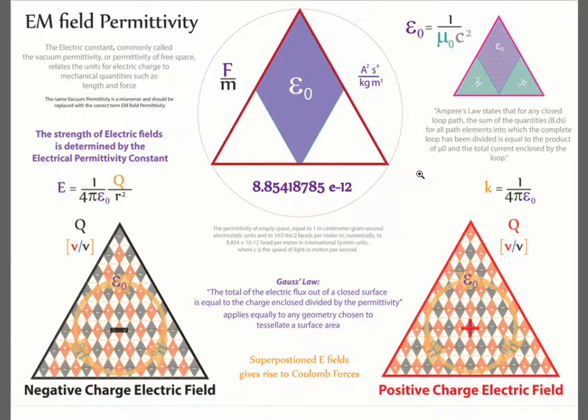Looking at the permeability of the field, the permittivity of the field, the electric field, which is normally referred to as electric charge, but again the charge itself is the same geometry, positive or negative. What differs is the orientation of the magnetic poles within the dipole field. So the electric charge has no distinct difference. It is just an electric permittivity